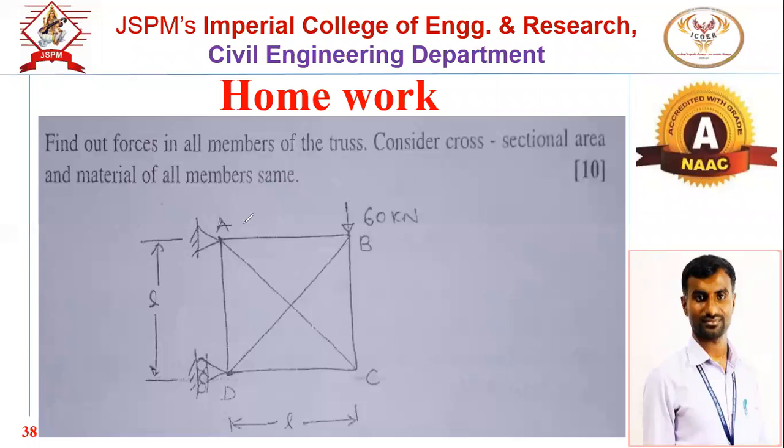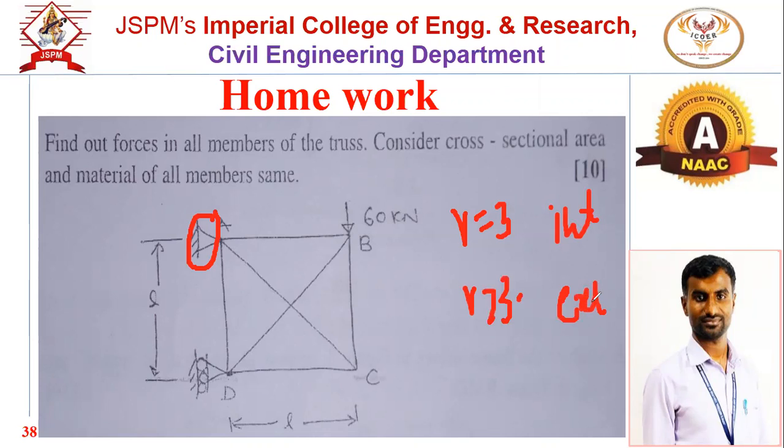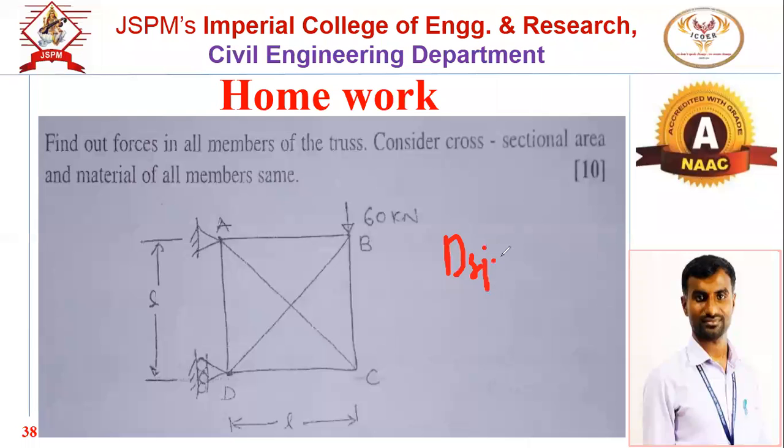How to remember: I told you to just look at the reactions first. If the reactions are 3, definitely the truss will be internally indeterminate. If the reactions are more than 3, if R is greater than 3, externally indeterminate. At a time you will not get both, either internally or externally. So here one is hinge, another is roller. So 3 reactions. So definitely this will be externally determinate, but internally it will be indeterminate. So members are 6. So definitely you will get the value of DSI equal to 0 plus 1. 0 is for DSI external and 1 is for DSI internal.